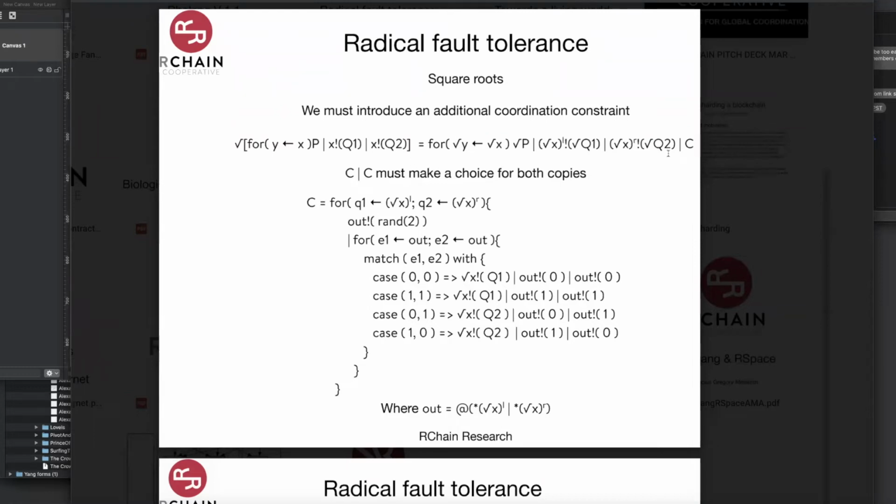So when I square this, I'll have all of this par all of this. And basically if I just use the commutativity of par, I can get this par C par C. So that's the equational way to see that this is in fact the thing that must make the choice for both copies. I'm not sure why these little extraneous marks are in here, but I have to clean those up.